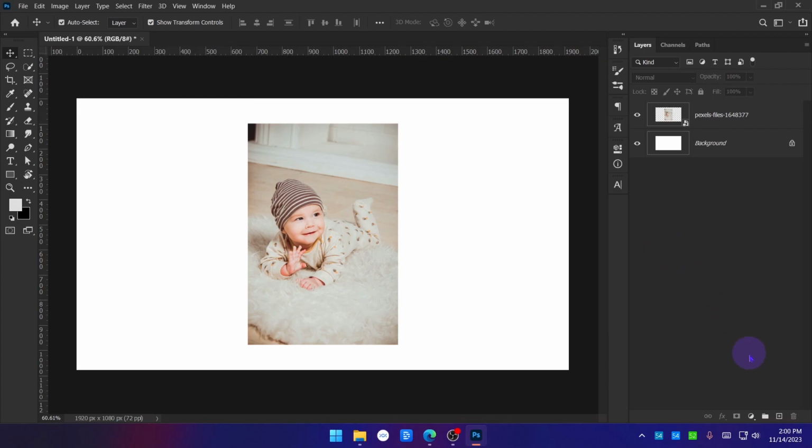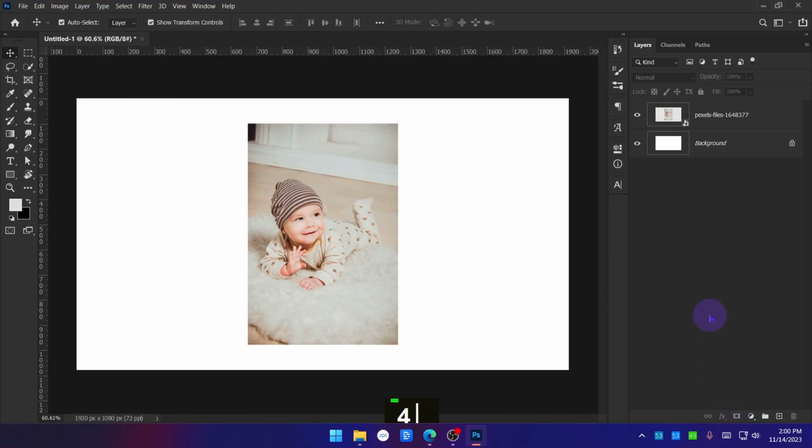Now let's learn about layer masking. Every feature about layer masking, everything that layer masking can do, I will be teaching in this video. So this here is the button for layer masking. It looks like a Japan flag, right? Yeah, that's it. In order to apply layer masking, you need to first select a layer to apply it to,